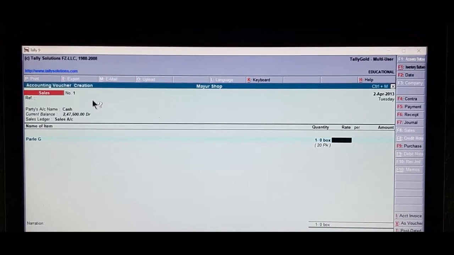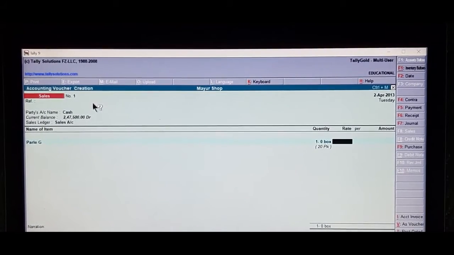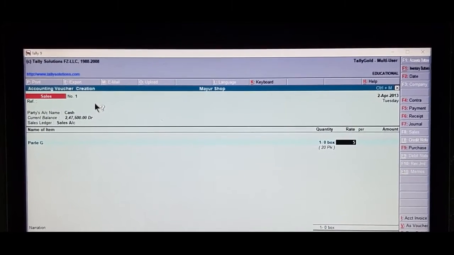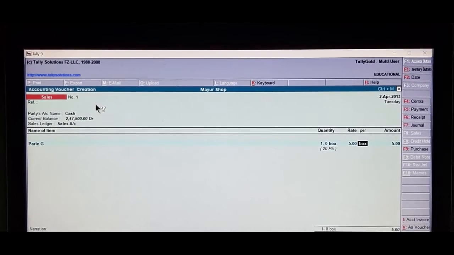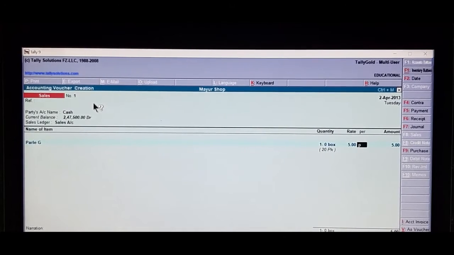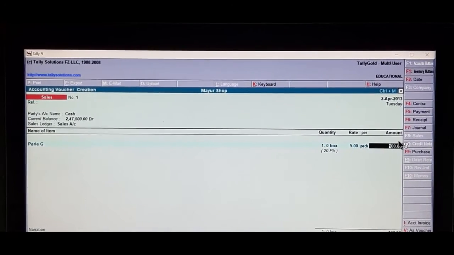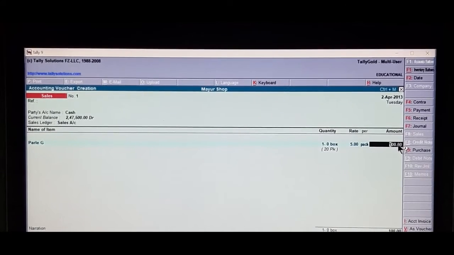Rate per pack is 5 rupees. Box will come, manually we have to type pack. The amount will be changed later. Enter.